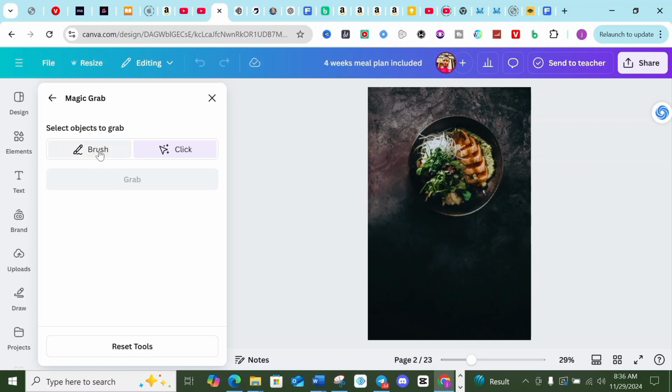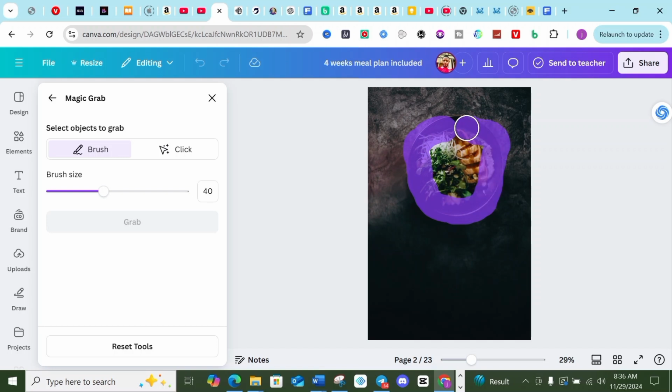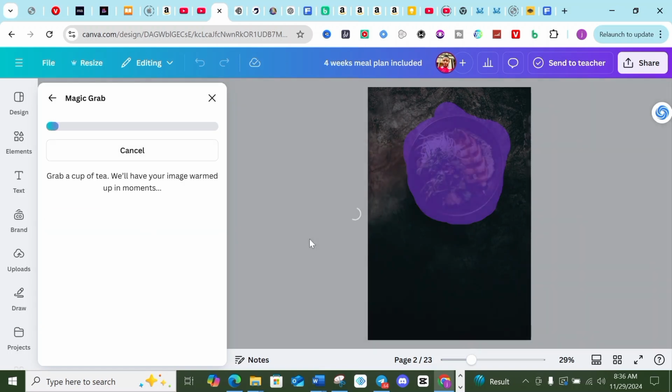So what you want to do is to use the brush feature. Just click on the brush. Then you go and you see the section that you want. You want the plate. So this is what you need to do. After this, you just grab. Let's see what it will actually do for us. So what we'll do now is just allow it to do the magic for us. And after it has done this, you will see that it will grab the plate, and the